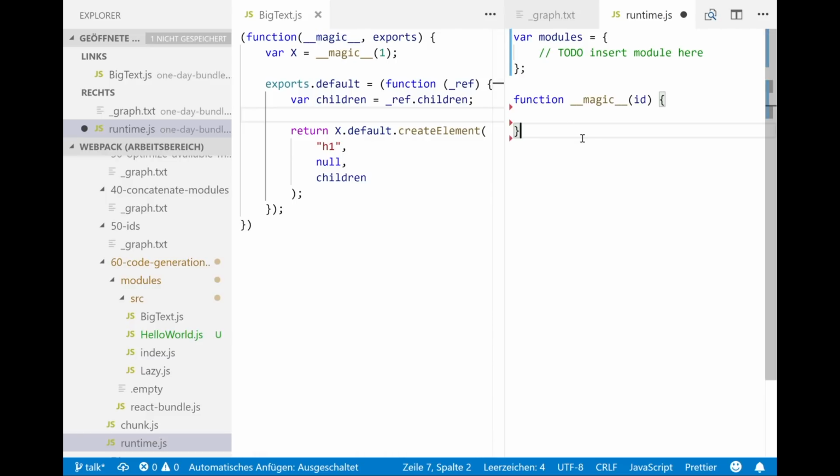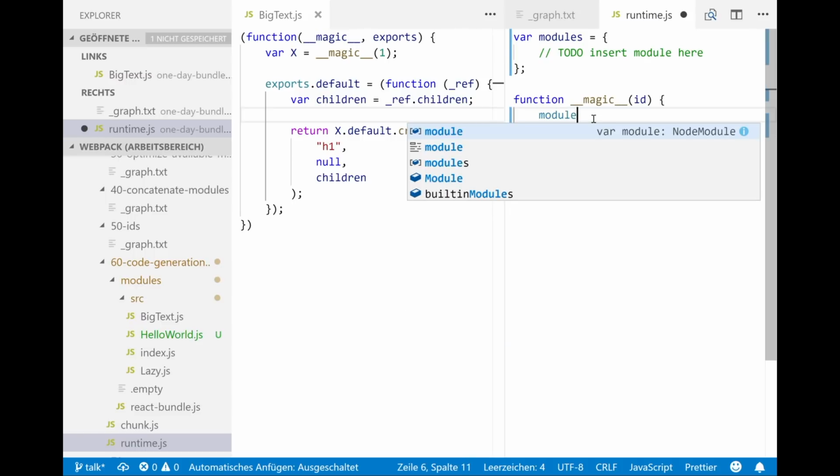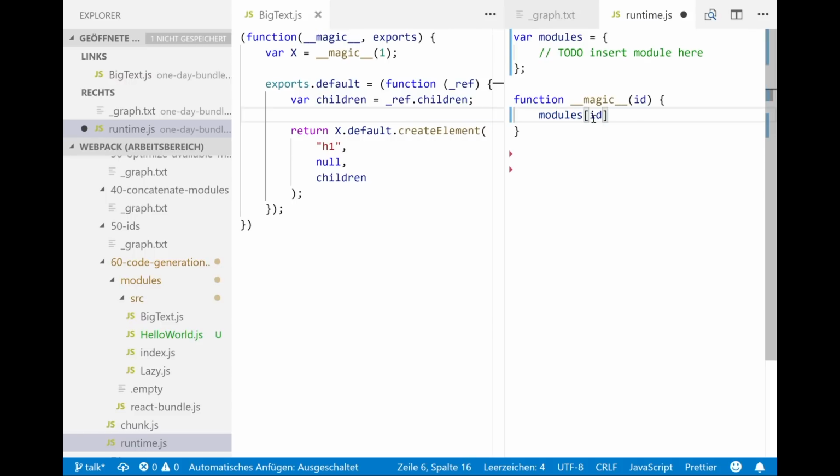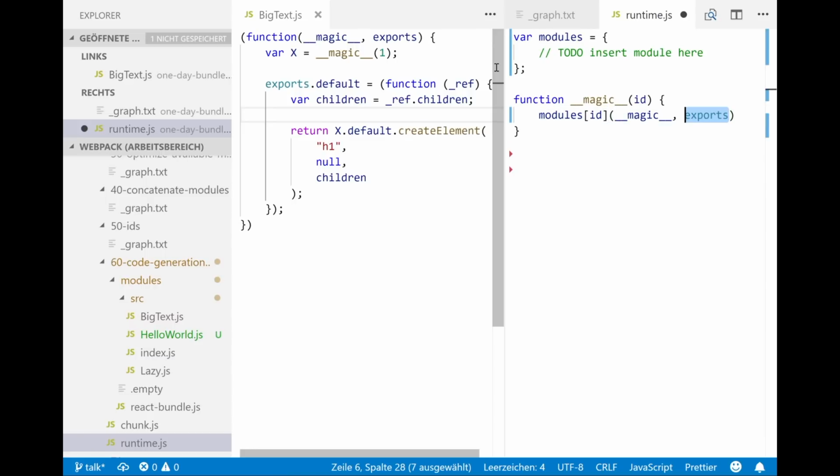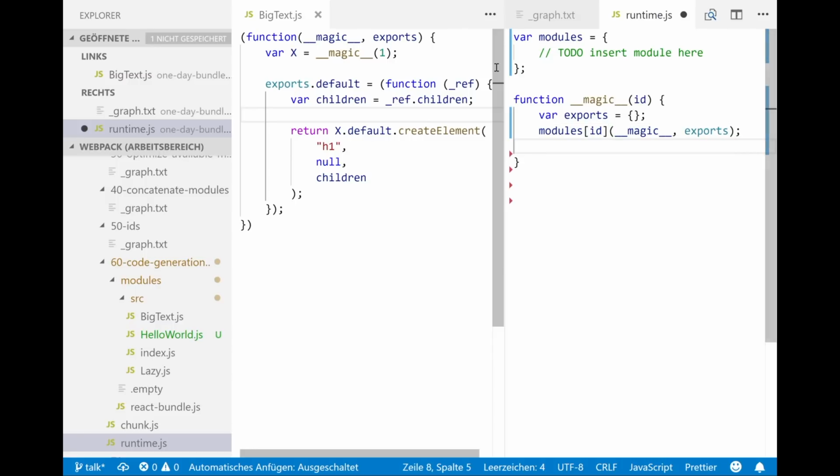So how do we do this? We have this modules array accessed by ID, super simple, and call this with the magic function and this exports object. And just create one. And after that, just return exports. So, good work for this module.